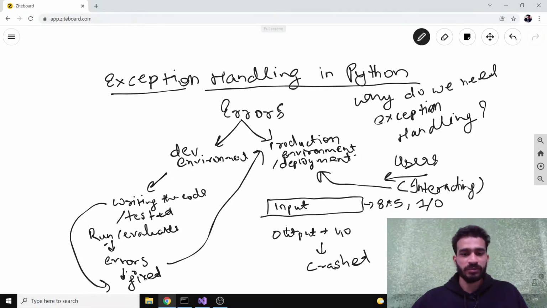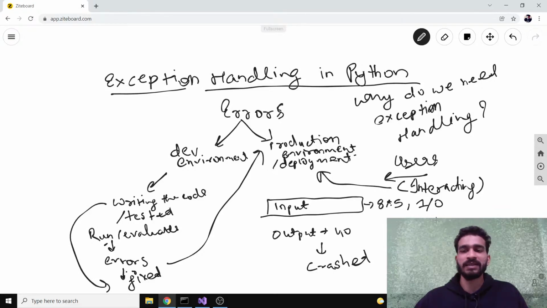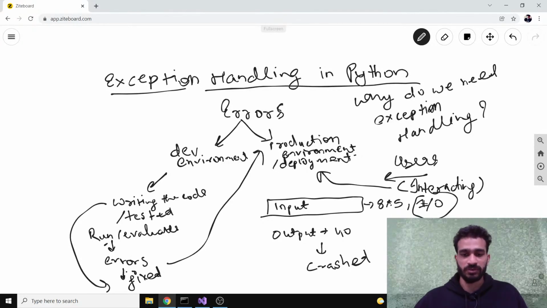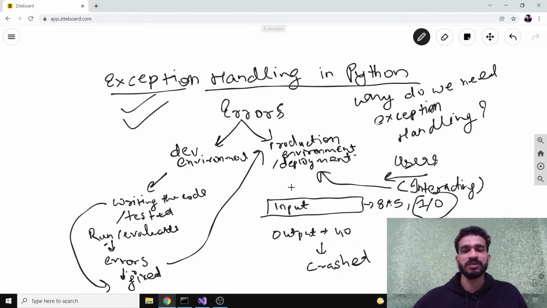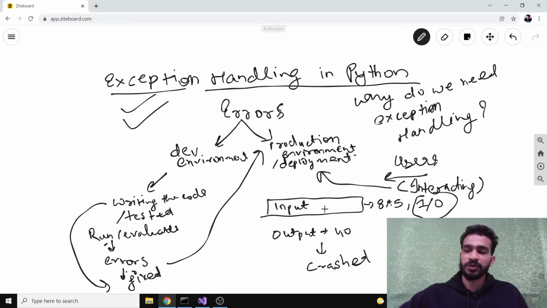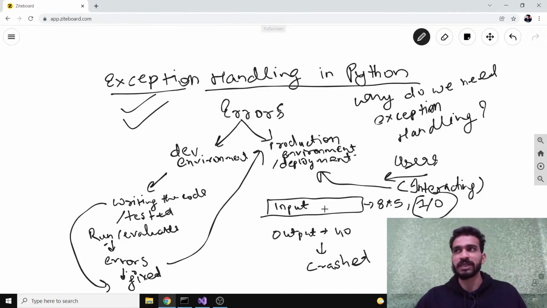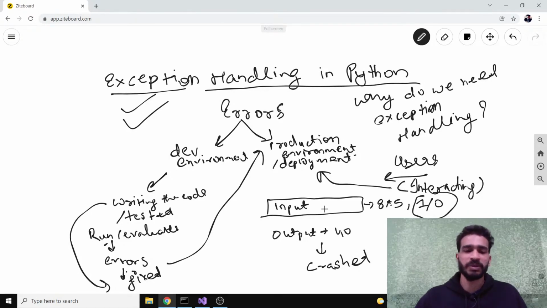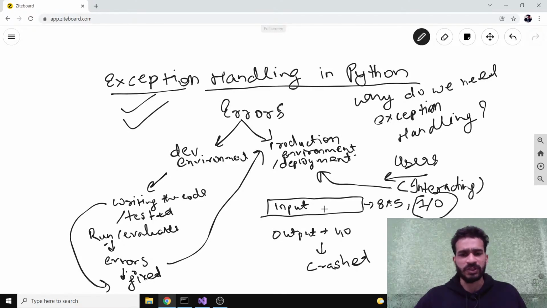Okay, your program was not built to handle such inputs, right? You as a programmer didn't consider this case, which is division by 0, right? So if you had not handled this exception, then your program would have terminated, your app would have crashed, right? And you as a programmer don't want your users to face some issue in the production environment,